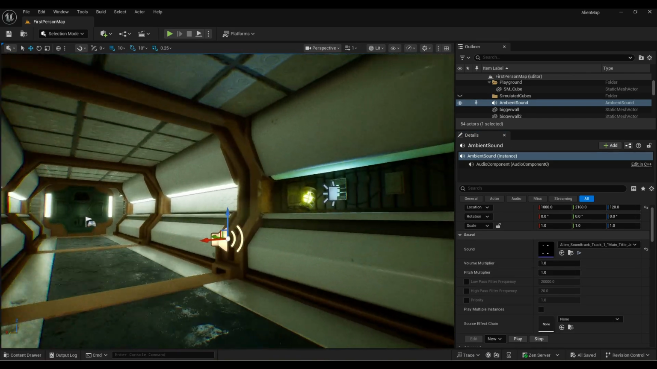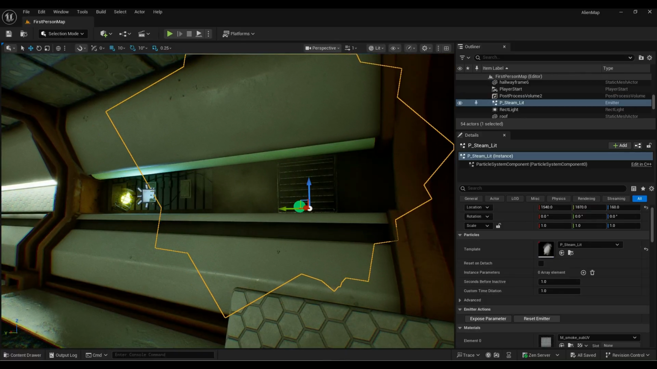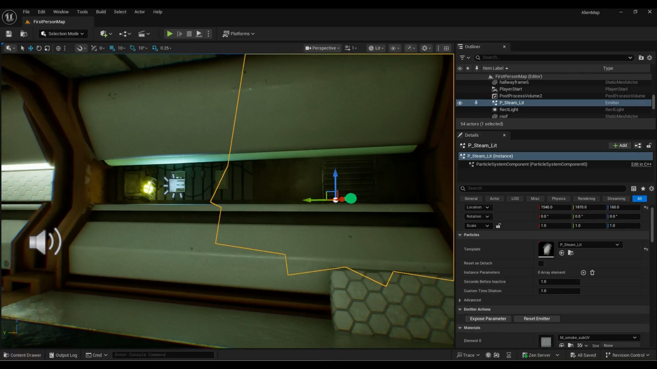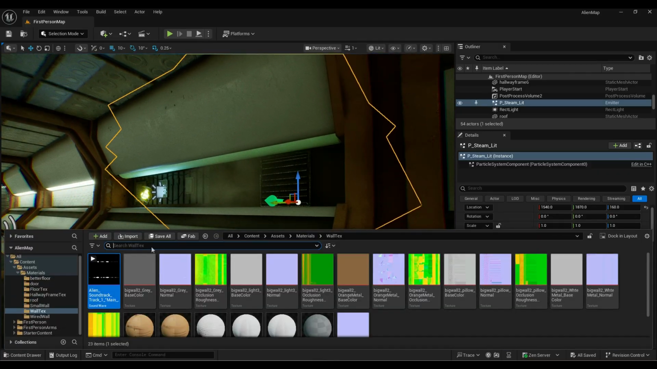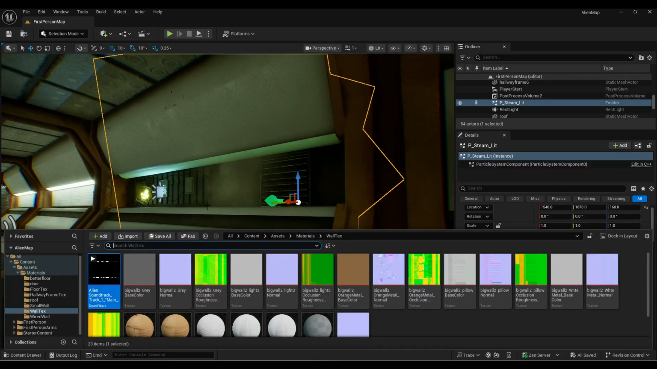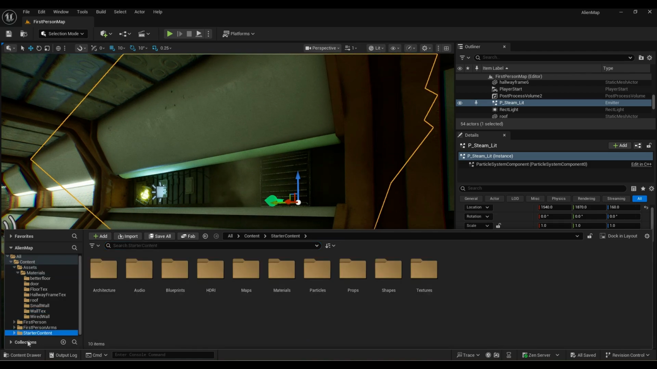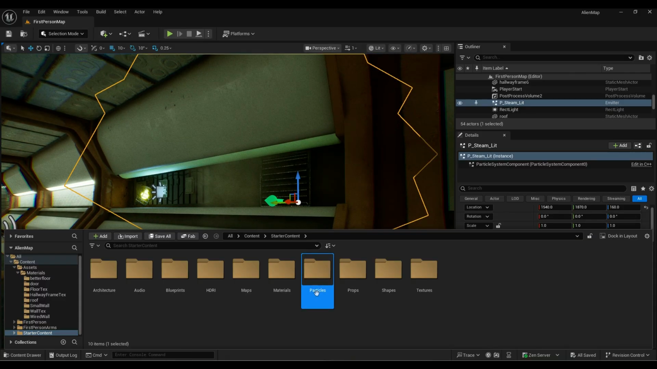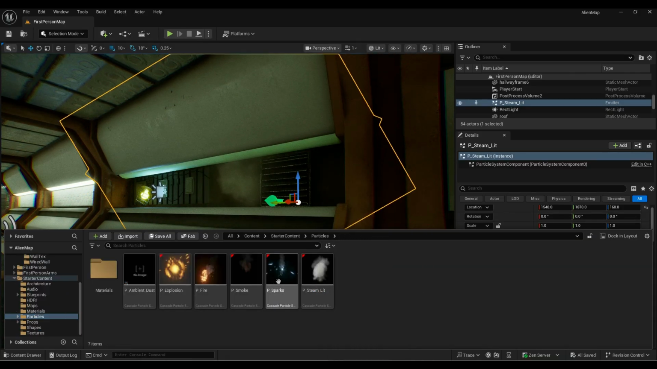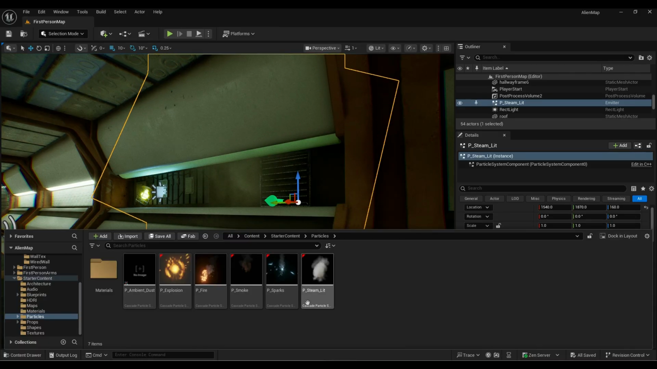I also had some spare time too, so I added some cool features to my environment to bring it to life, such as the steam particle that is coming out of my vent. And the way I did this was I just used the starter content that you get in Unreal, and it's in the particle folder, and I just dragged it in and put it into place, and it really did help bring the immersion